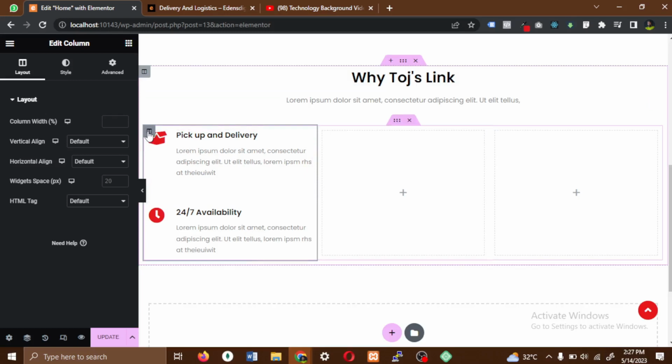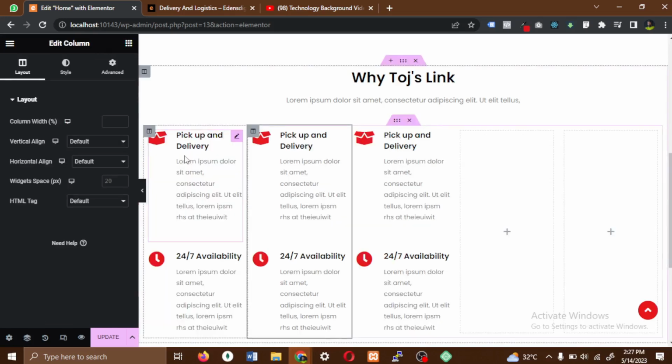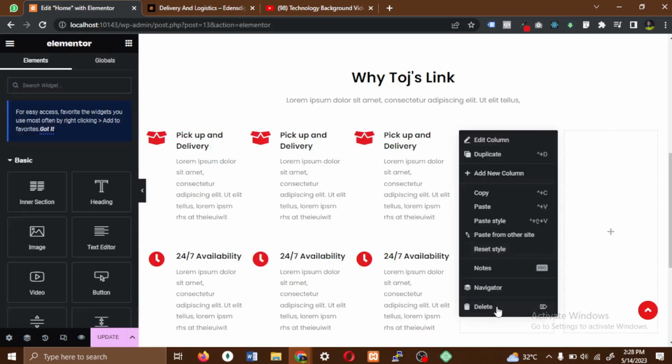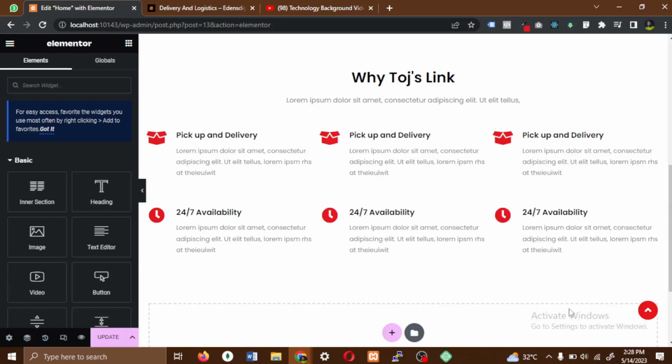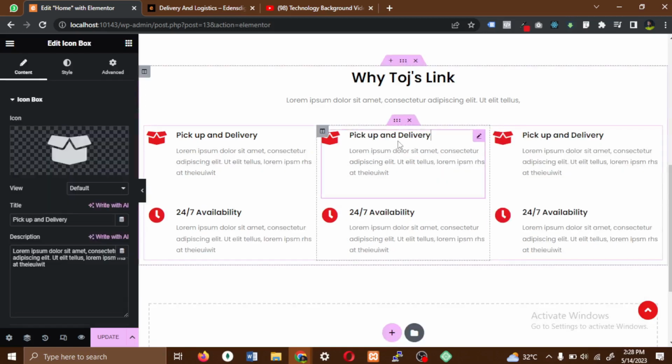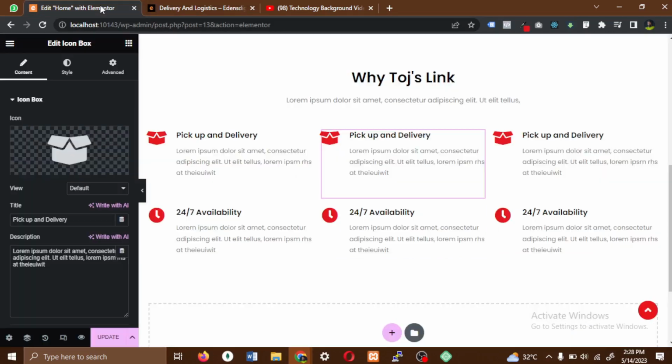So I can just go ahead and duplicate this column 1 and duplicate this column again 2. Do you understand? Now I have these other columns that are empty. I don't have any use for them. I can click on them and delete it. I can click on this one too and delete it. Do you understand? So I can just come over here and edit this one, you know, this location, whatever, citywide